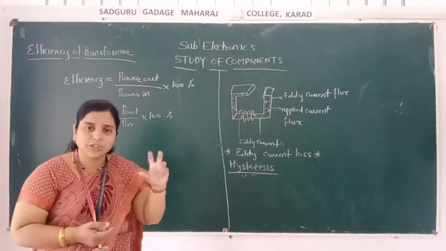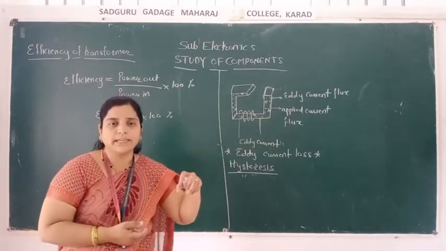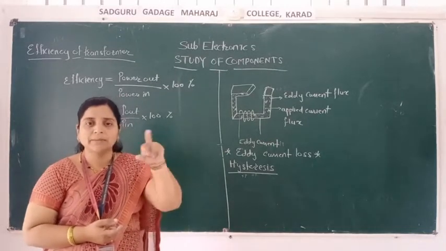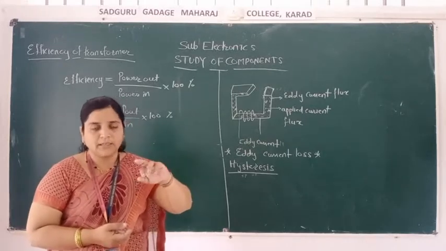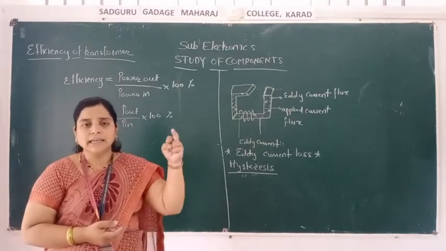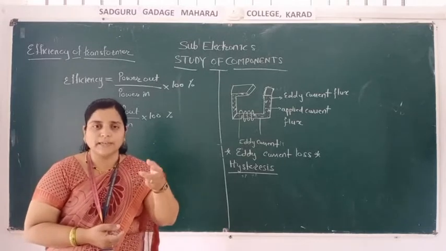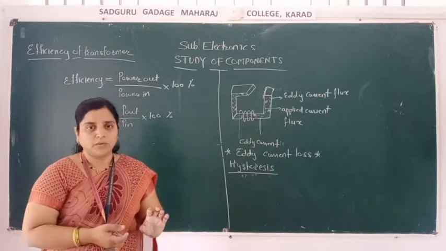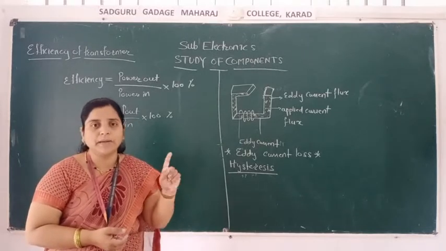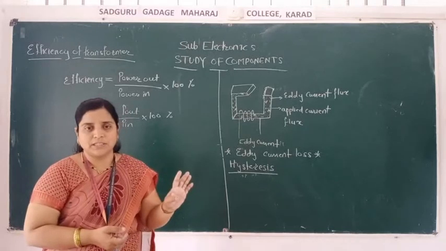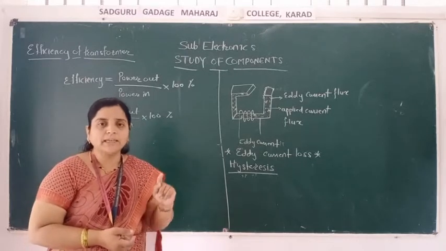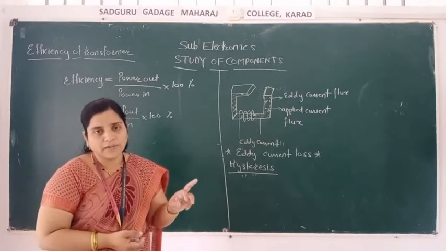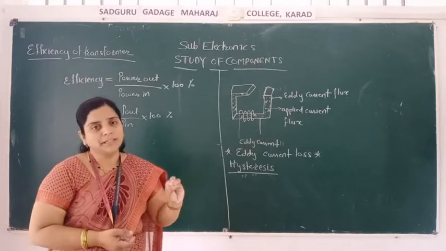But in practice, whenever we induce the voltage, the transformer coil is there. A coil is a conducting material, and conducting means current and voltage flow through it. So if it induces the voltage, then current will flow through it, and there is a loss of current. Therefore it is not 100%. If current were not lost, there would be 100% efficiency. Because voltage and current flow, there is a loss of current and therefore a loss in efficiency.